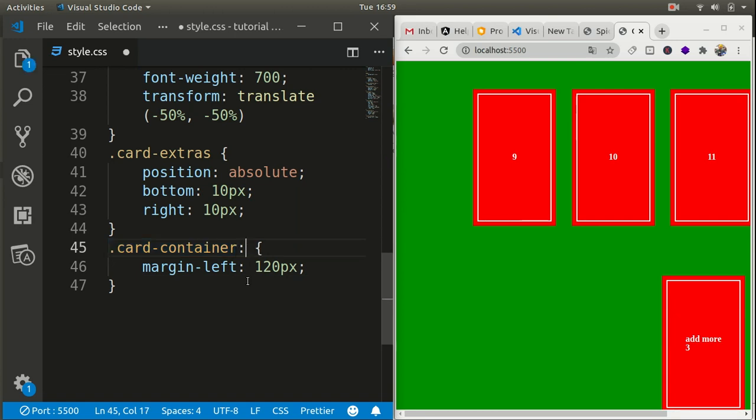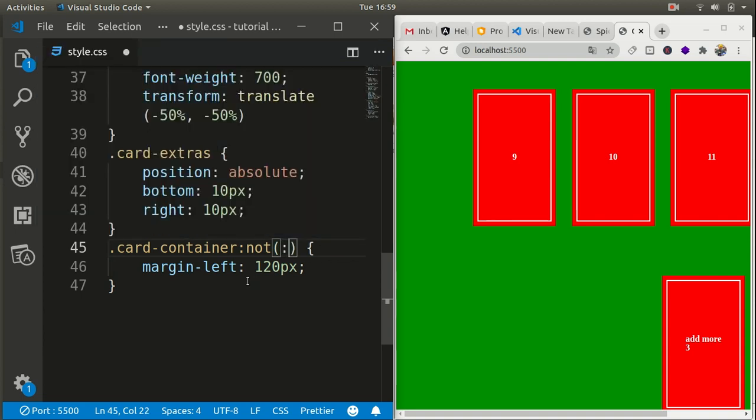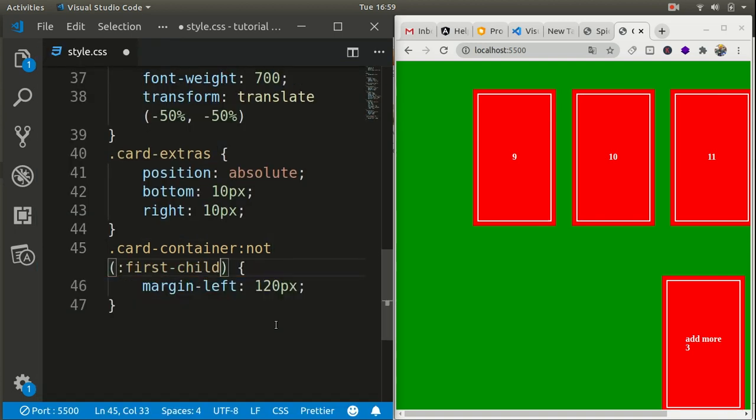So I will be writing a not pseudo class, and it will define here the first child. So basically what it does is it will select each and every element having class card container, but it will neglect the very first child, which we don't want the property margin left to be applied to.